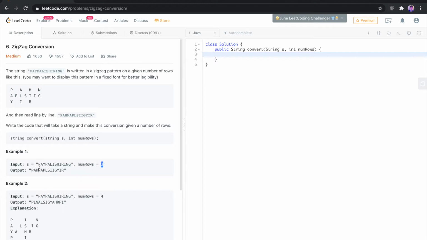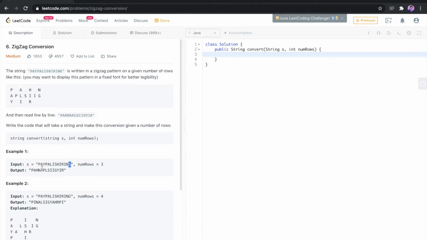So what we would do is P would be given in the first row, A would be given in the second row, Y would be given in the third row. As you can see, we've reached the number of rows, 3. So we would decrement the position value and append the next character on that position, and then we decrement again so as to reach row number 1, and then we append the next character there, so A. Then it continues so on and so forth till the time the entire string is exhausted.